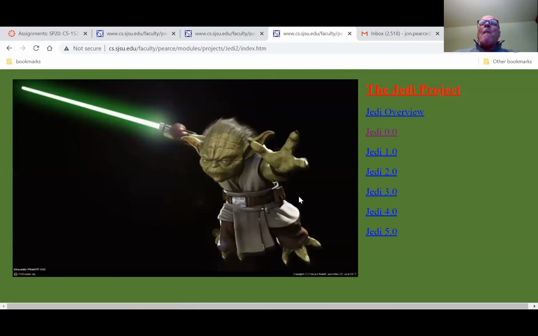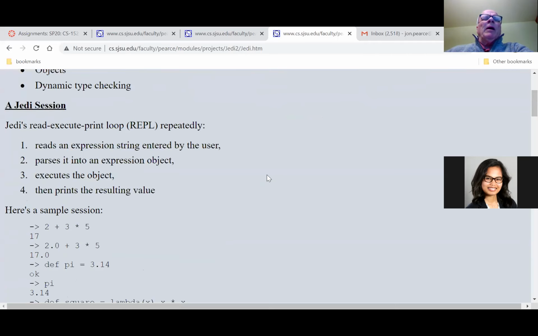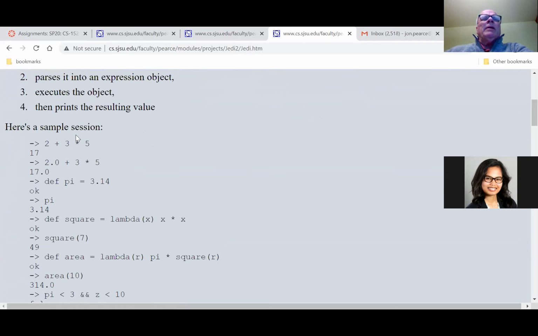So this is a little bit of a warm up to Jedi, which is going to be our focus coming back from spring break. Jedi is an interpreted language, and it's similar in some ways to the Scala interpreter.